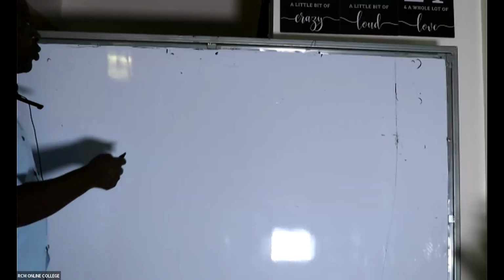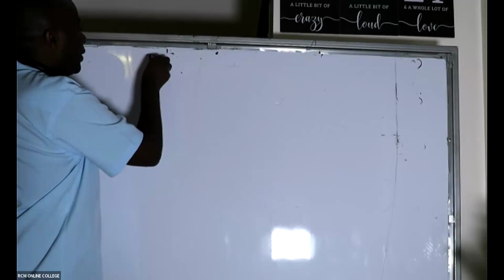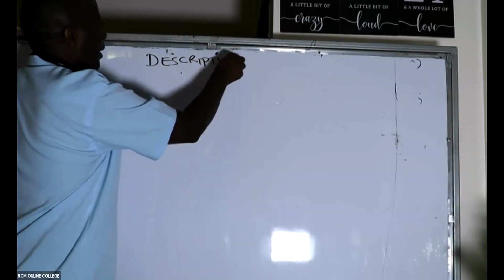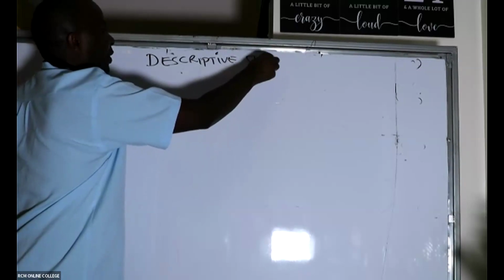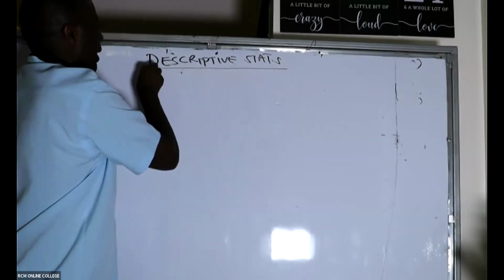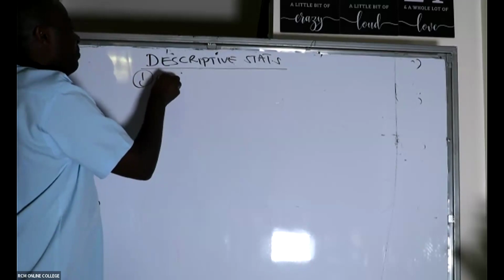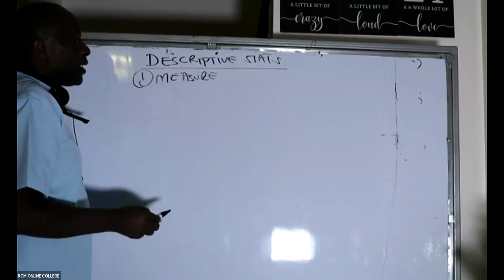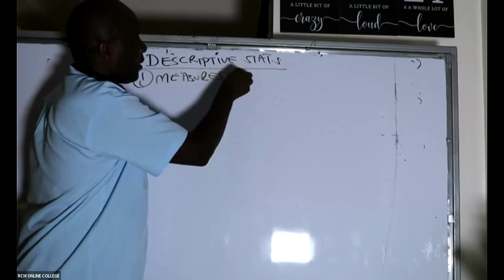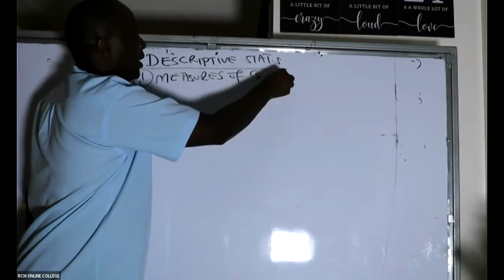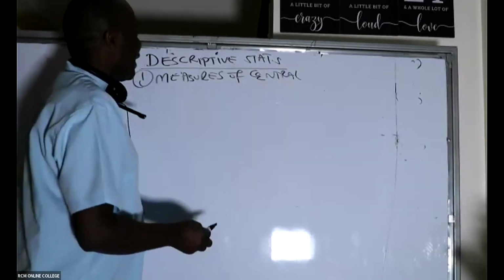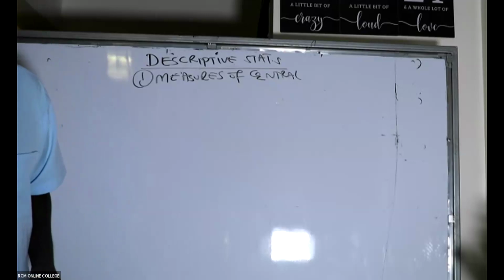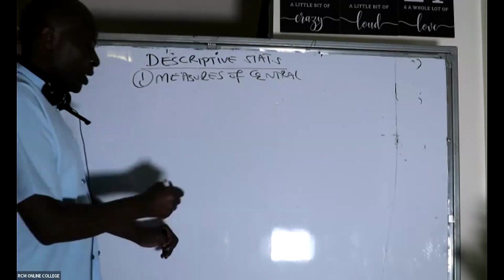I would like us to look at what we call descriptive statistics. Descriptive statistics, and the very important component that I would want us to look at is what we call the measures of central tendency. Measures of central tendency. And the measures of central tendency, for the purpose of this particular session, I would want